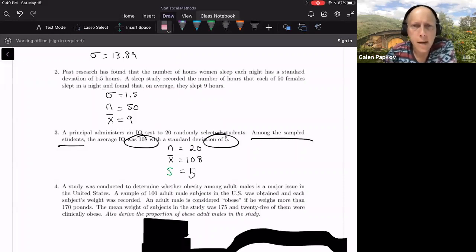Sigma is 1.5. A sleep study recorded for 50 females, so that's your N, that had an average sleep of 9 hours. So that's X bar, because that 9 came from those 50 females. When we go to number 4,